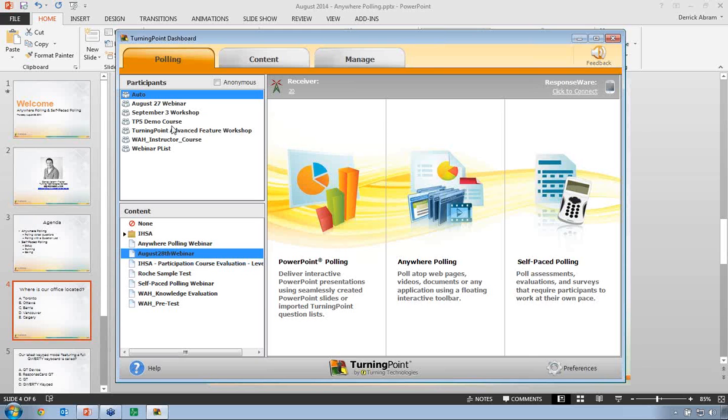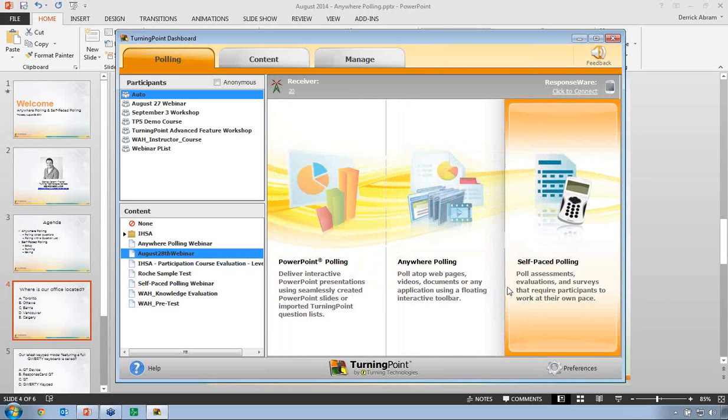So the idea of self-paced testing, it's kind of our third panel here on our Turning Point dashboard, is that you can create a test, whether it's a quiz, a midterm, a final exam, whatever it is. You can create that test, and each student can answer the questions at their own speed. So if I have a 2-hour window for an exam, and I finish it in 45 minutes, but let's say John needs an hour and 15. That's not a problem. John can take that time. I can take my time. As long as we both finish in the 2-hour window, we're all good. So that's kind of the idea of self-paced polling.